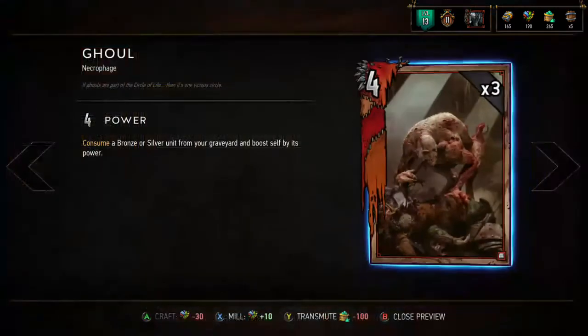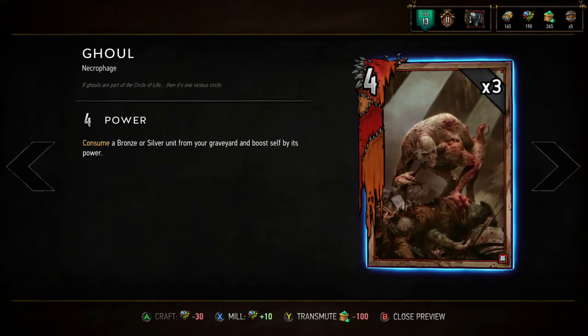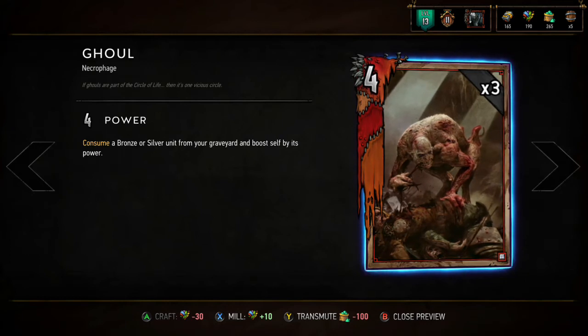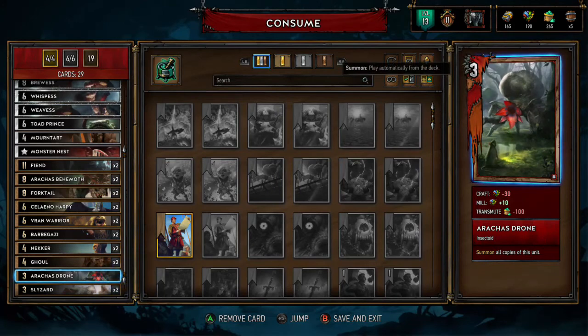We skipped over 2 cards. Ghoul, another Red Brother card. Like I said, we have those Fiends in our deck, which is going to have 11 power. You end up consuming that, putting it in the graveyard. Now you have the Ghoul, eat it, 15 power. Pretty straightforward there. Last card here is going to be...